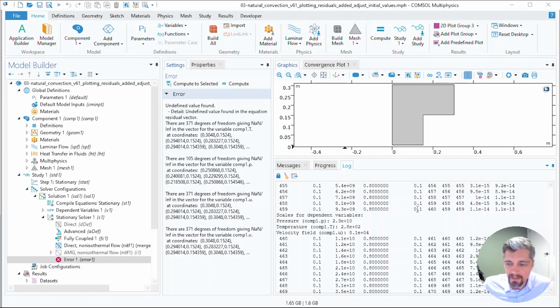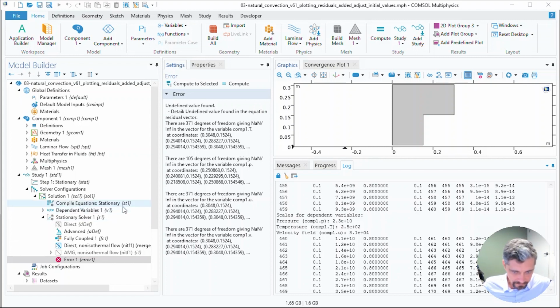And I want to show another tip for troubleshooting this model today that will aid in determining the cause of the non-convergence and help you to come up with a strategy for getting a converged solution. And that is plotting results while solving, plotting the unconverged results, that is tracking the current guess at the solution and visualizing that within